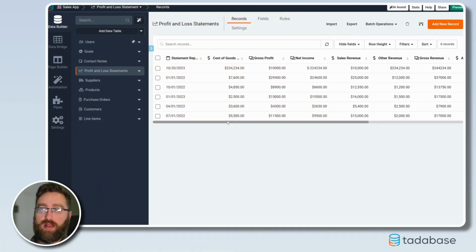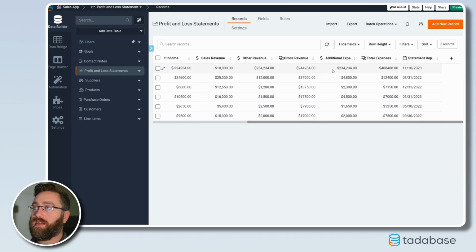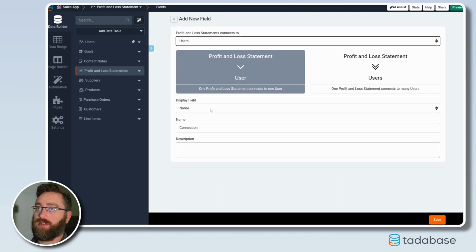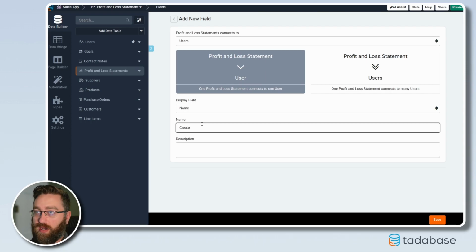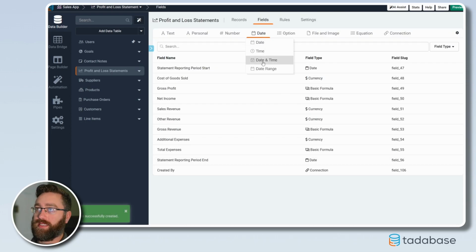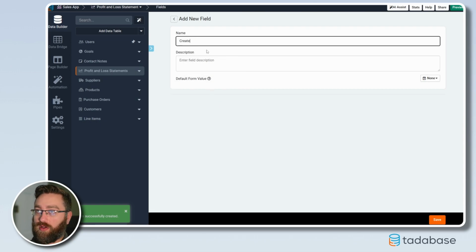For tip number 9, we're going to learn how to add some fields to build a little bit of an audit trail. In tip number 8, we added a new record to the profit and loss statement table. But you can see here that I don't know who created it and when they created it. By adding a connection field to the users table, we can call this created by. And by adding a date time field and calling it created on,